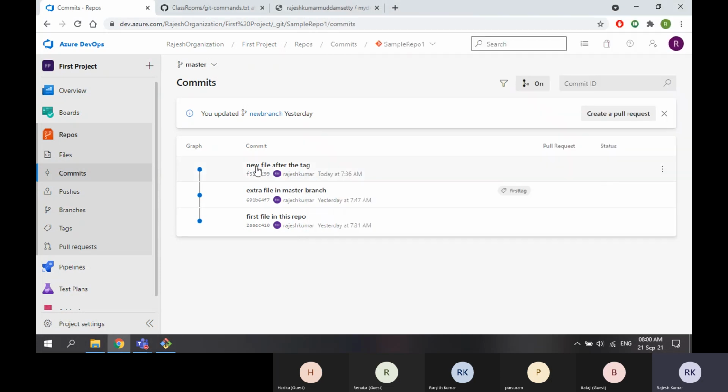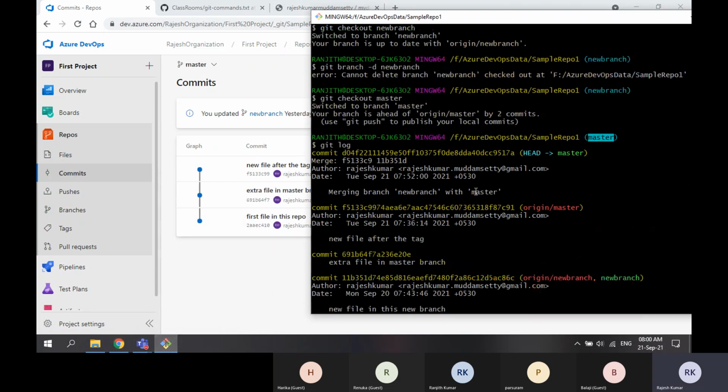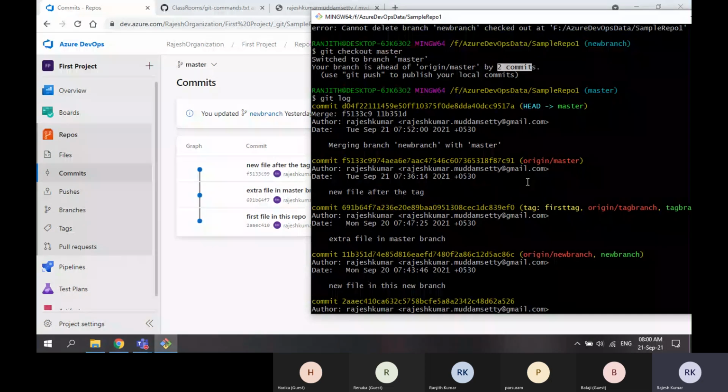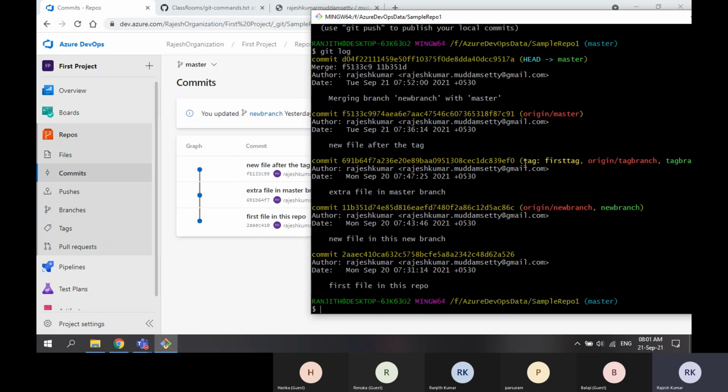But in remote, it's only 1, 2, 3. That's what it is showing here. So your local branch is ahead of origin by 2 commits. We are seeing 2 commits extra here. That's why it is saying you are ahead of 2 commits.